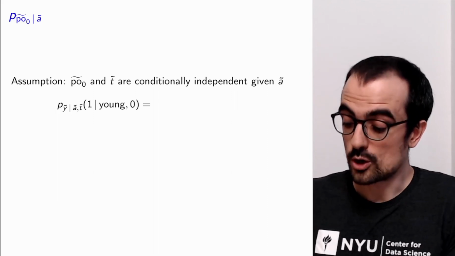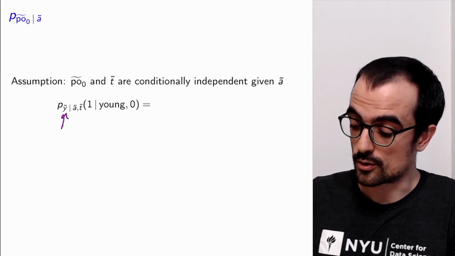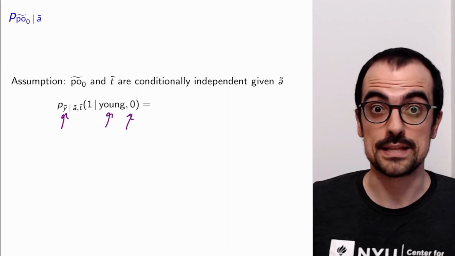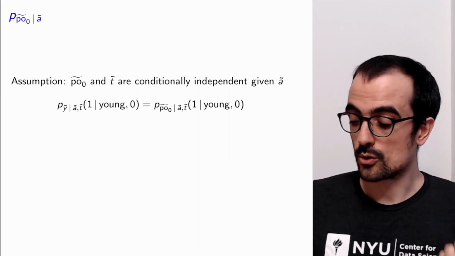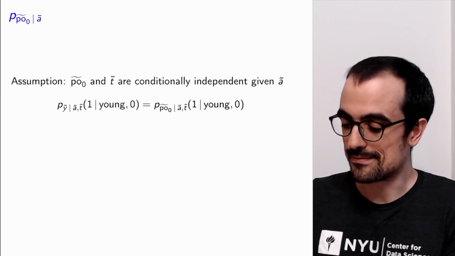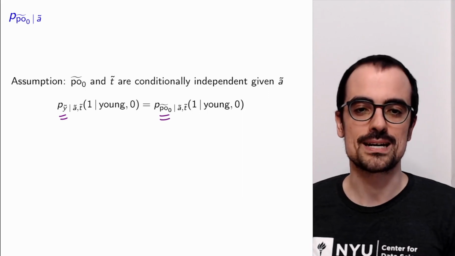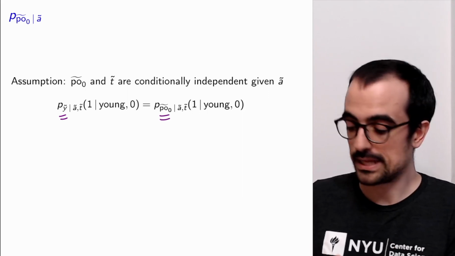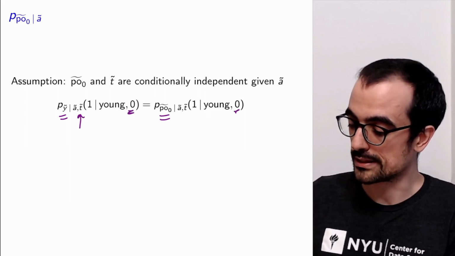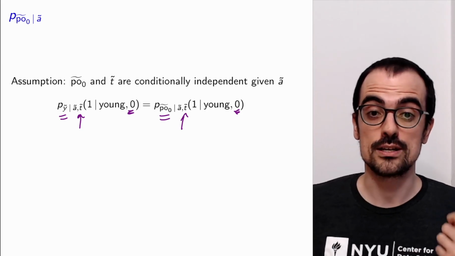So what do we actually observe from the data? We do observe the recovery rate for young people that do not receive the medicine. For those people, just by definition, the observed recovery is exactly equal to the potential outcome associated to not being treated, because we are conditioning on no treatment. So we do get to see that, okay? Conditioned on no treatment. But now if the conditional independence